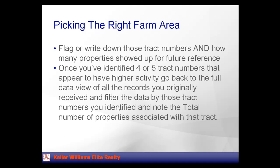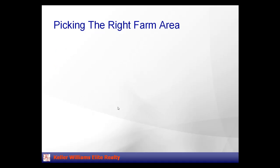Once you have identified 4 or 5 different tract numbers that appear to have higher activity, go back to the full data view of all the records you originally received and filter the data by those tract numbers that you identified, and note the total number of properties associated with that tract. So first we want to find out where the activity is happening. And then once we identify the activities, like I said, if you find a particular tract has 64 sales in it, now you want to go back and get the total number of those properties that are associated with that